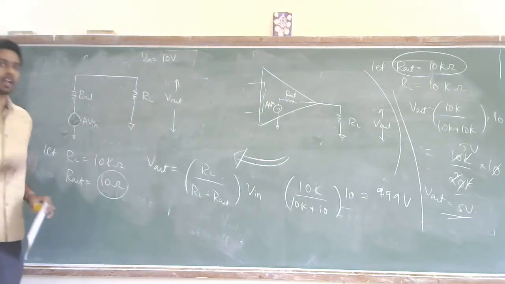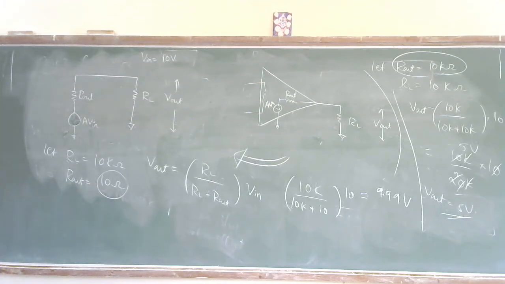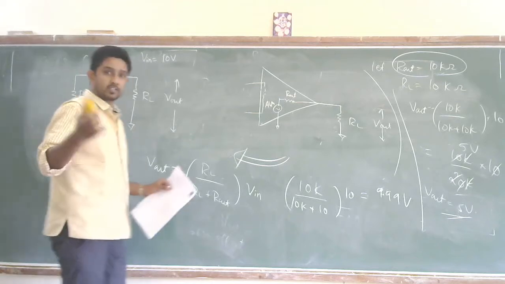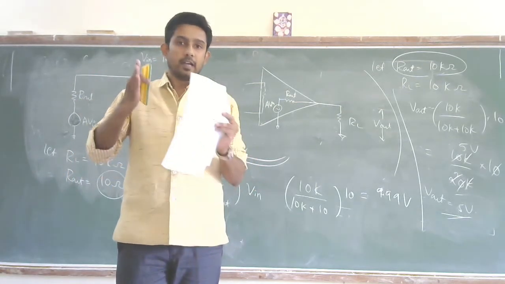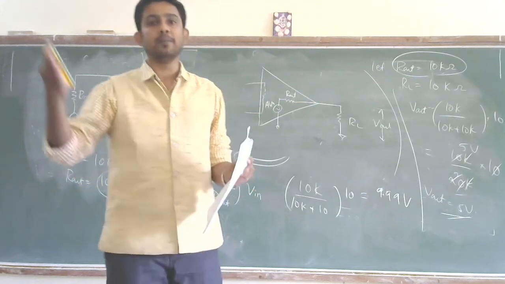So these analogies prove that the input resistance of the op amp should be very very high and the output resistance of the op amp should be very very low. So that's what I just wanted to convey to you by giving these two concepts. And yesterday we have seen why we should go for feedback. Feedback itself will stabilize the gain.